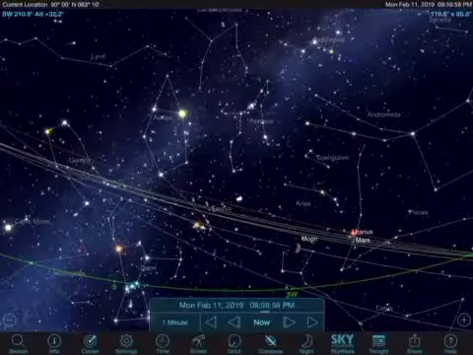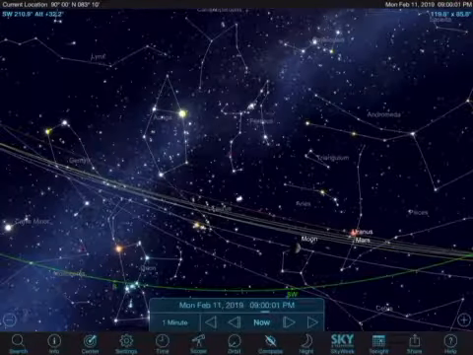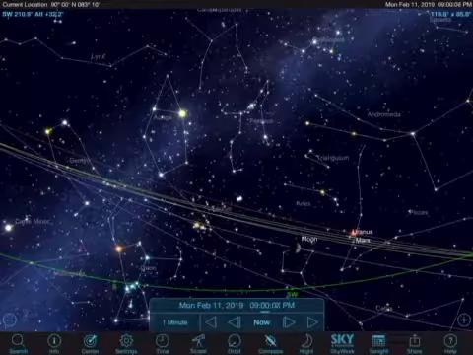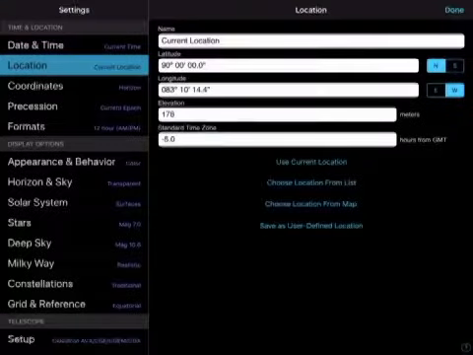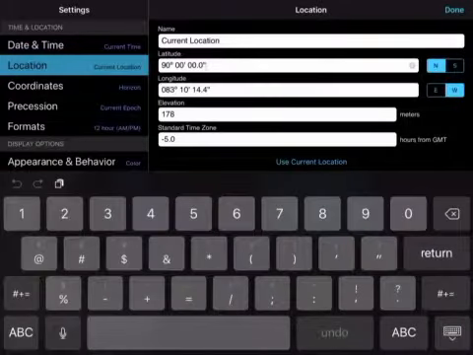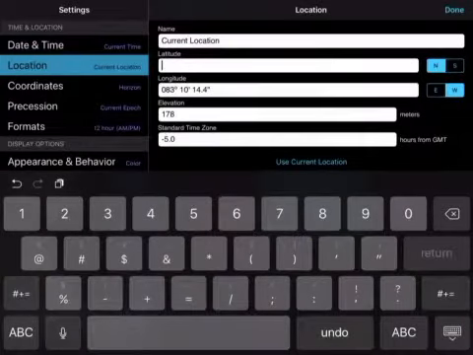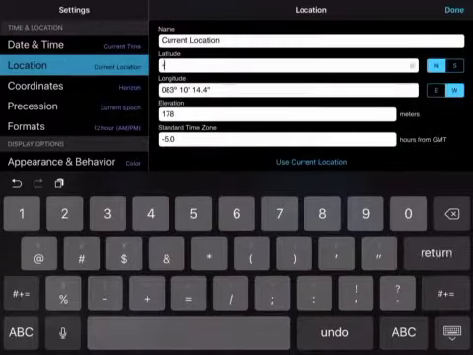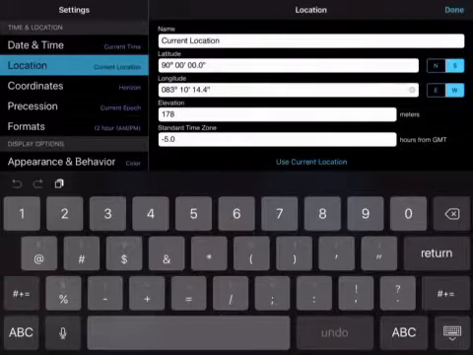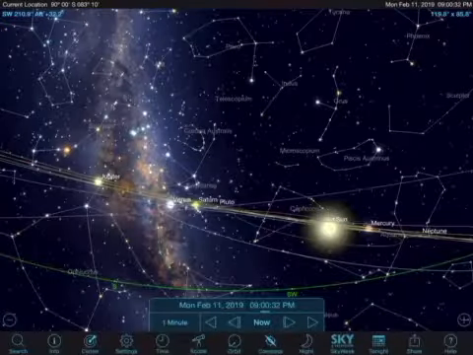I'll just hit the now button to bring us back to the current time, which is February 11th at 9 p.m. And what I'm going to do is go back into the settings here, and I'm going to select this latitude, and I'm going to show a negative 90 degree latitude and say done. Get out of there, say done. Okay, so now I'm in the southern